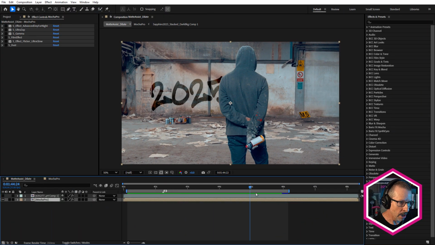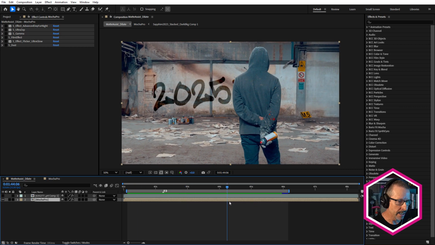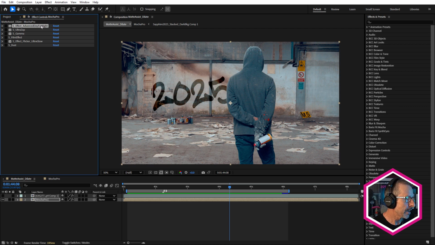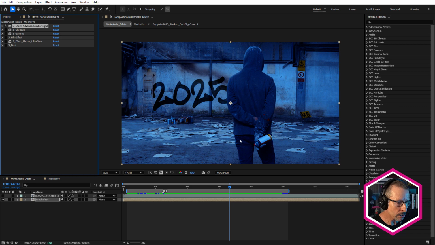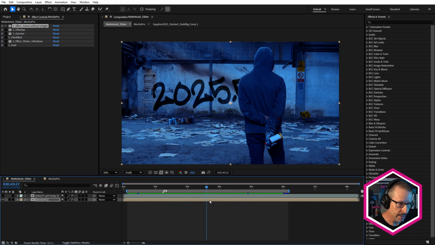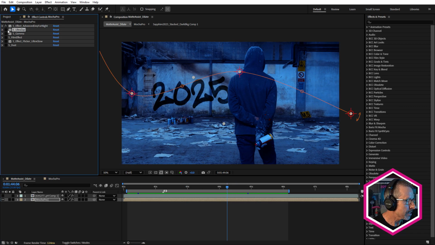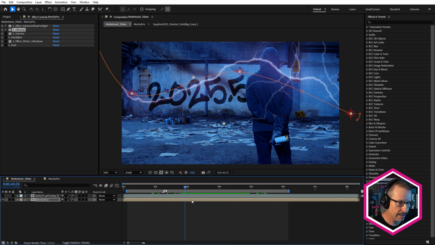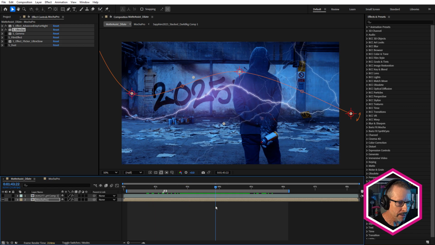So here's the basic shot, and I haven't got any effects applied yet, so let's build this up. We've got S-Effect with the advanced day for night preset from the presets, just to give this a nice moody look. I haven't used any mattes for this. Next we have Sapphire Ultra Zap, and that's also one of the presets and giving it a nice electrical look, but I don't want this behind the talent, I want it in front of the talent in the background. So this is where Matte Assist ML comes in really handy.